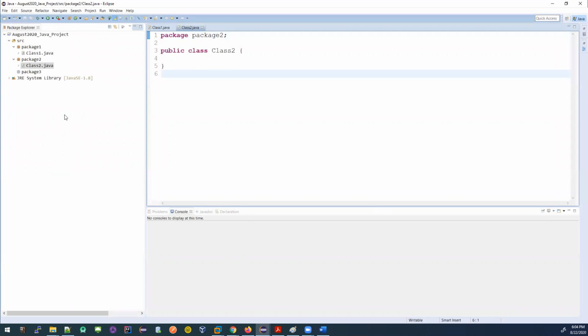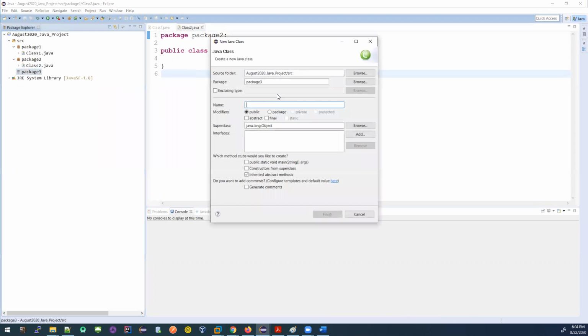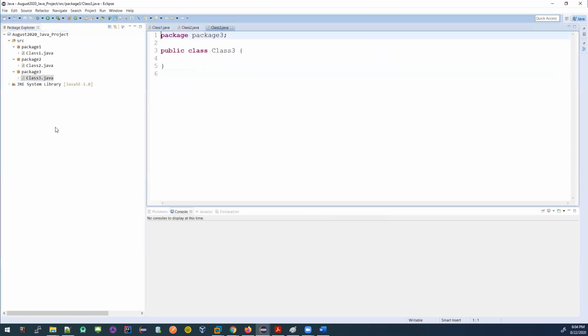It's much better. So I'm creating another class inside this package. New class. Okay. Now look carefully. First, I created a Java project, right? This is the biggest, my first folder, the project folder. Inside this project, I have a source folder already there by default, right? I can have more than one source.